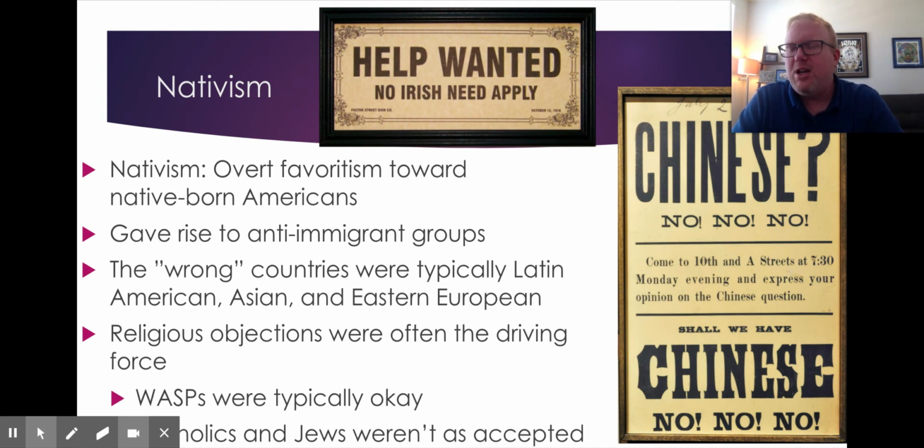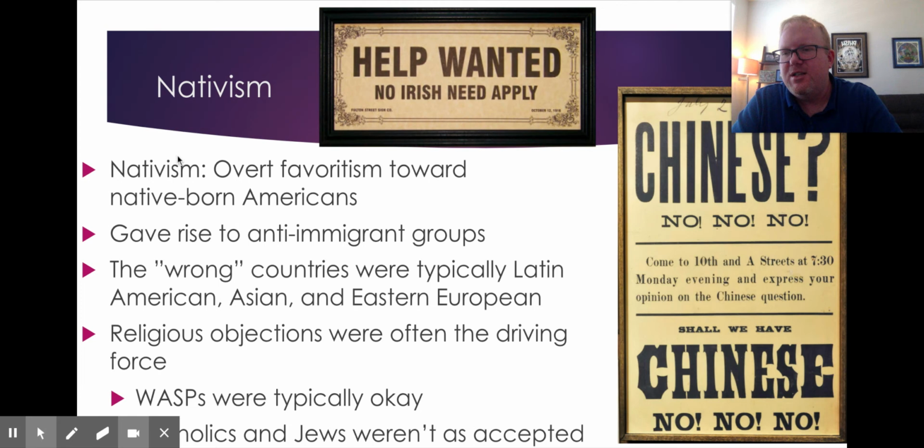And part of it was because they didn't want to lose their power. It was like when we learned about the plantation owners in the South during Reconstruction. They didn't want to lose their voting power and all their power due to the money that they had made through plantations and whatnot. Well, nativism is this viewpoint usually because people don't want to give up power, but it's actually very hypocritical and